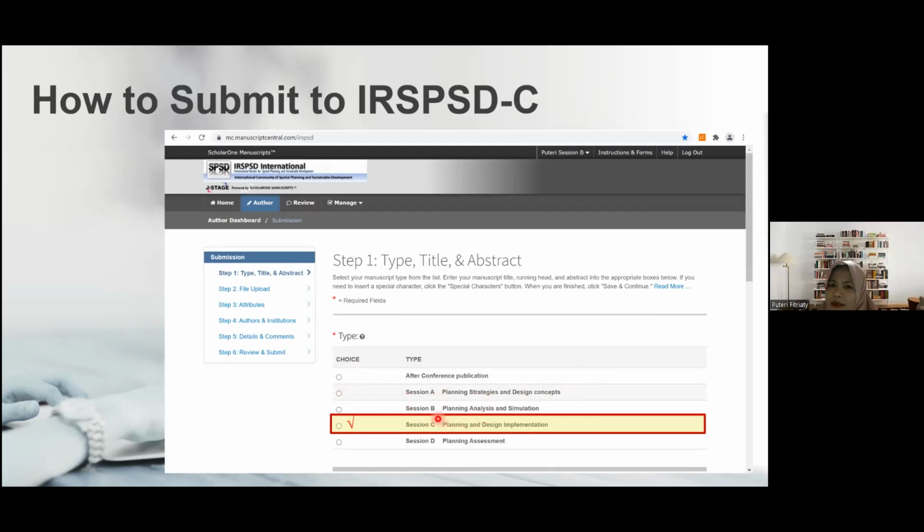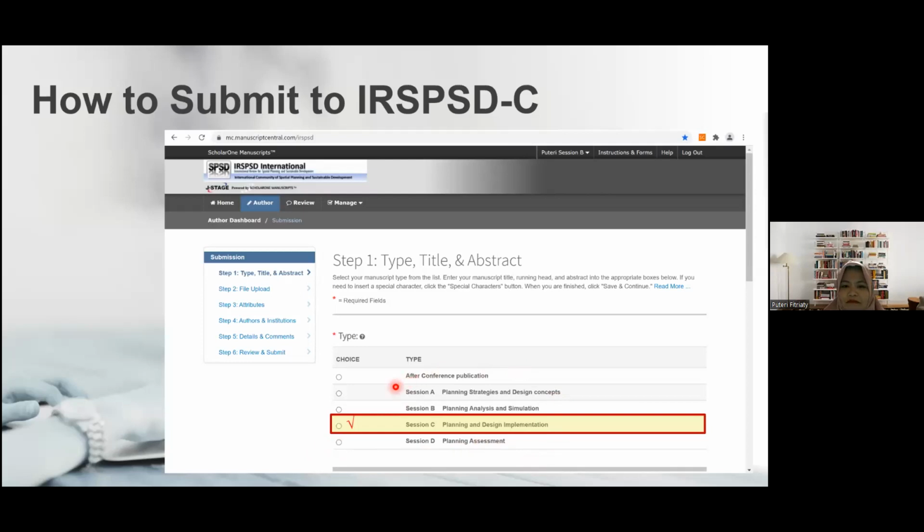And if it is mainly focusing on analysis and simulation, just check section B. And if your manuscript is talking about planning and design implementation, then you will check section C. And if there is an assessment, planning and design assessment, you can just check section D.